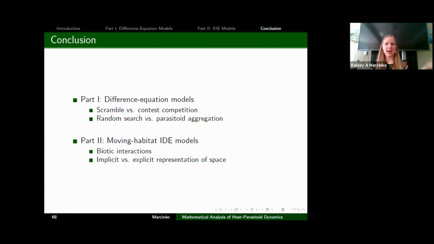In concluding, the broad scope of what I've done: I've looked at host-parasitoid models, both in a non-spatial scenario of looking at difference equations, and have looked at the impacts of scramble competition and contest competition, what happens when we assume that the parasitoids are searching randomly versus aggregating, and how those different biological phenomena impact the types of population dynamics that we might see,